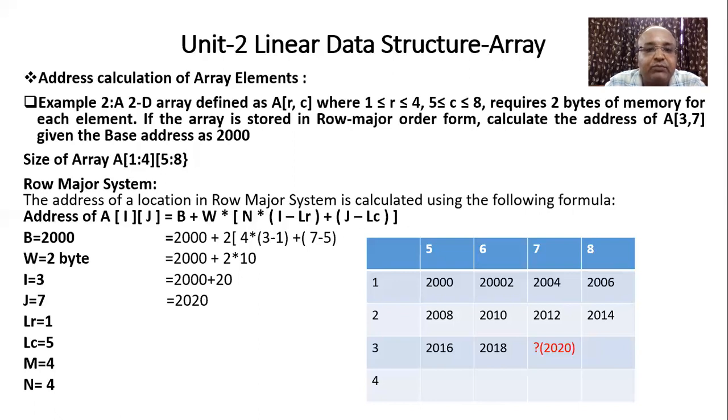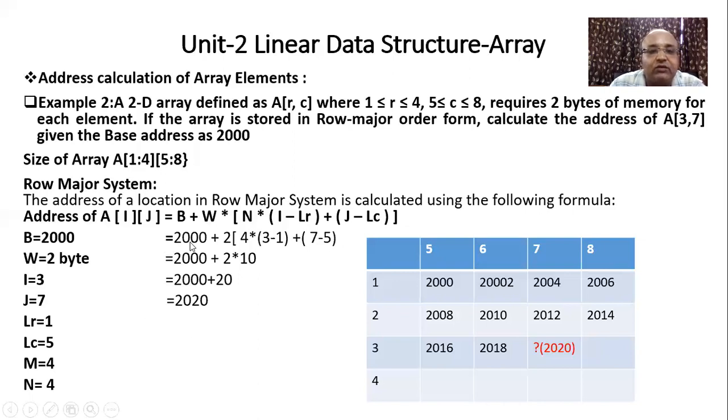Now are you ready with all the values? We just have to put all the values in our equation. Now look at this equation. You have to keep this equation in mind, and it is very easy. If you are working with a row measure system, then we'll multiply your row index, that is I, with the number of columns. If you are working with a column measure system, this will remain as it is, but we'll multiply the j index or column index with your number of rows. Only one change in the equation of both. Now let's put all values.